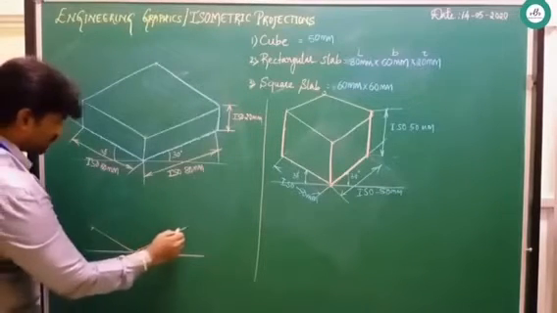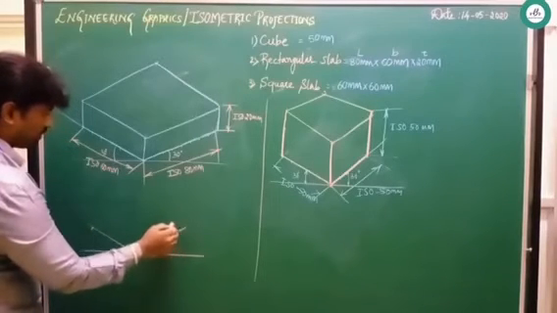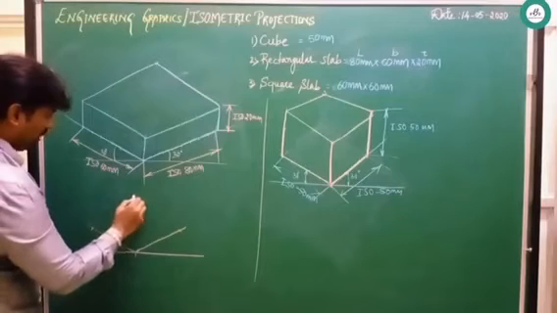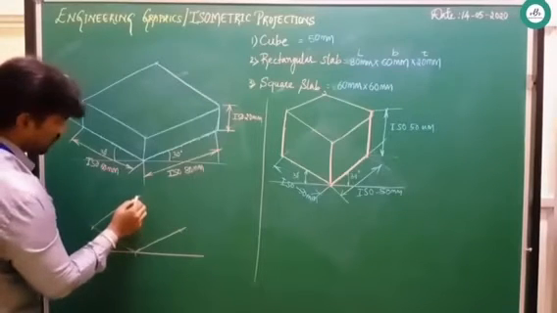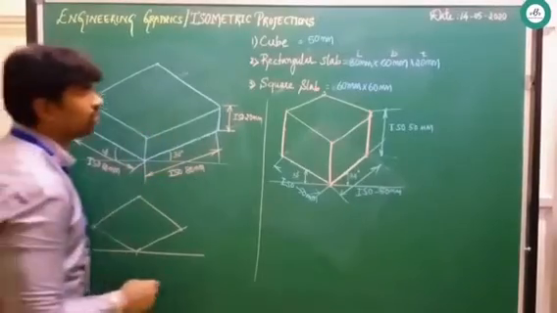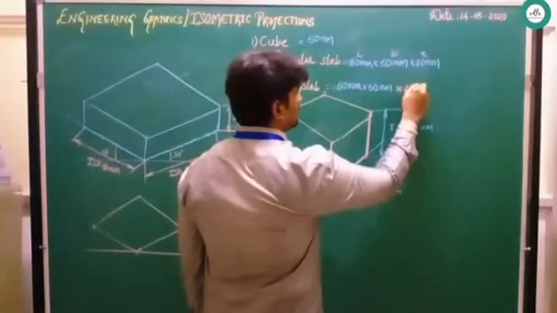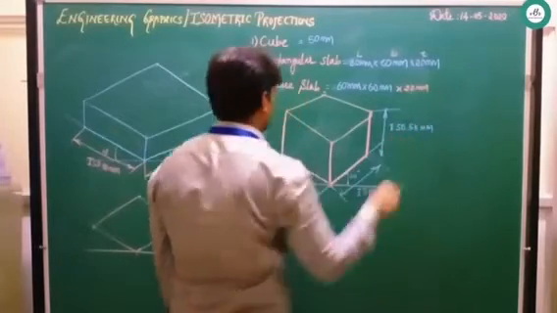After meeting these points, again you can count 60 to the right side. From this point, 60 to the left side. It meets a common point. You can join this particular way. Next, the thickness is not given for this. So let us assume the thickness of this is 20 mm.